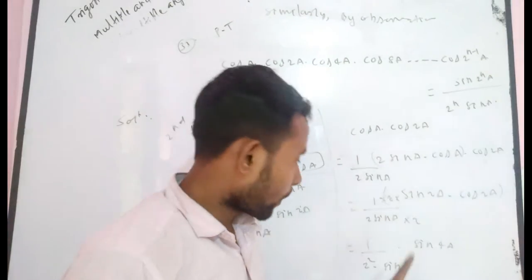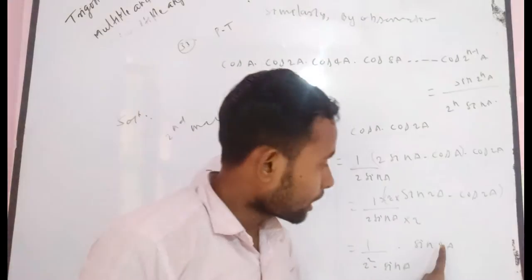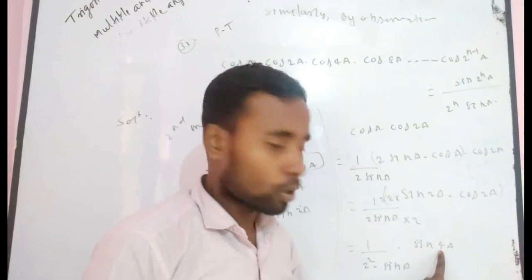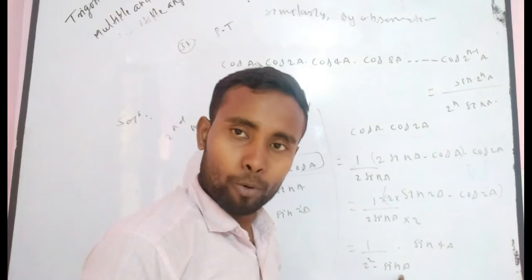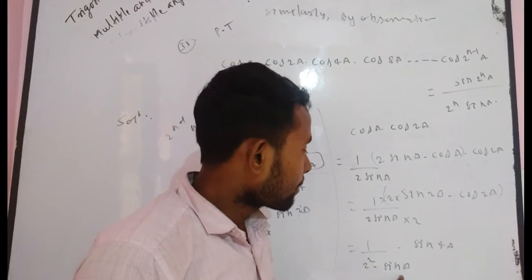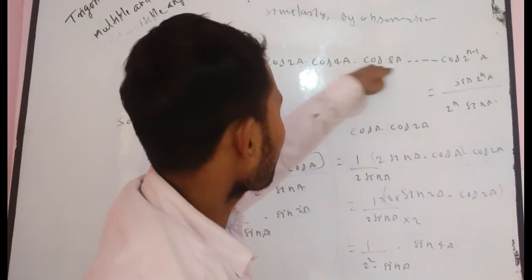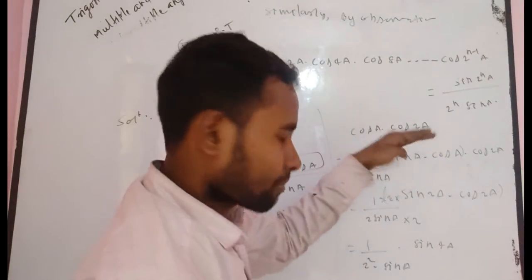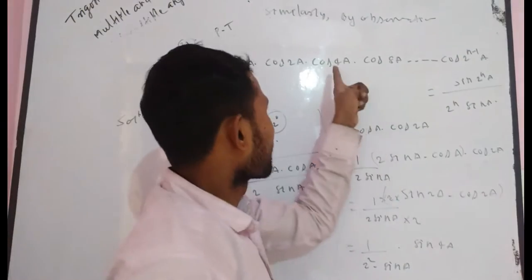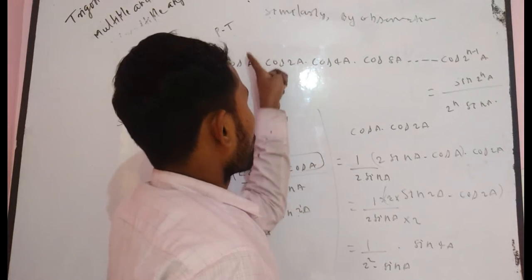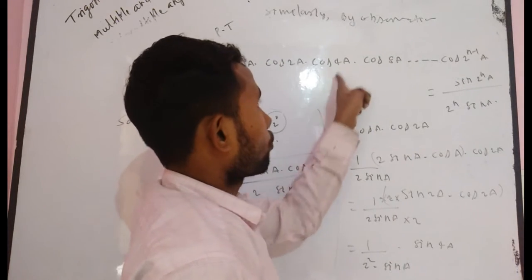Now I want to tell you, there are two terms. What do you get? There will be power 2, that means 2 squared. And there will be power 1, 2 to the power 1. That means there are only two terms. Here, how many terms? Because the number of terms depends upon the power here. 2 to the power 0 means 1 term. 2 to the power 1 means 2 terms. 2 to the power 2 means 3 terms.